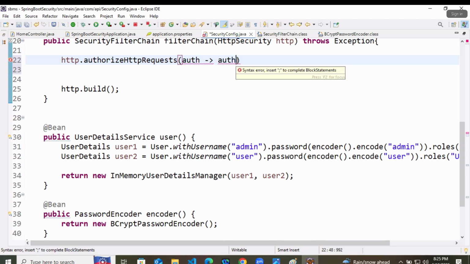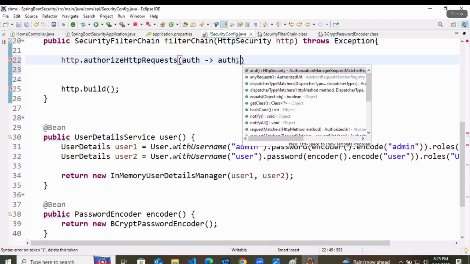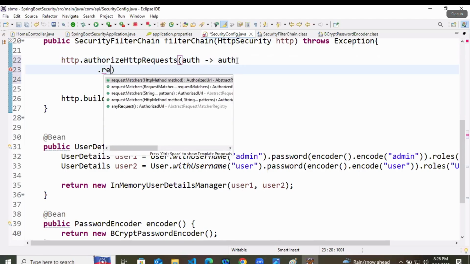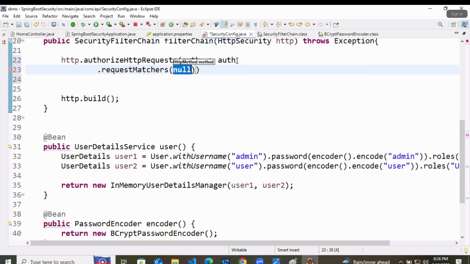Now we will write the matchers. We will not say any request dot authenticated. No, here we will write auth.requestMatchers. In the request matcher, I will type one URL, that if any request is coming from /admin/, you can keep two asterisks here, means after that it can be anything.